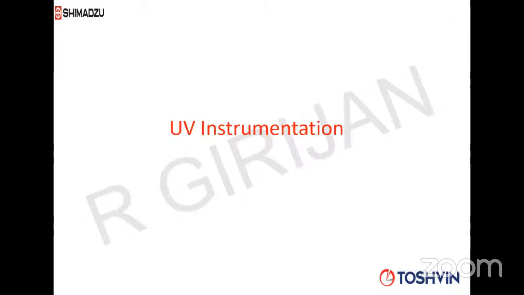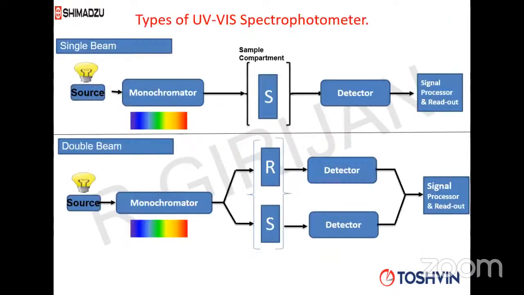And the last 2-3 slides, UV instrumentation. I told you about single beam and double beam. Nowadays, you will find only double beam because people all prefer a double beam instrument. What you see on the top is a single beam instrument. There's a source, the light comes to the monochromator, and the monochromator will select the required wavelength. It will pass to the sample compartment, from the sample compartment it will go to the detector, and then to your